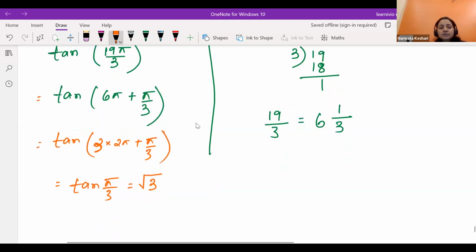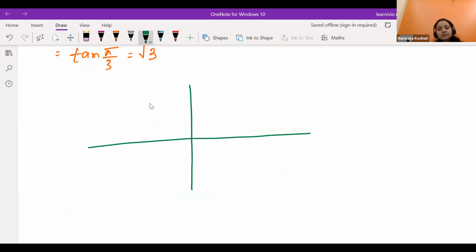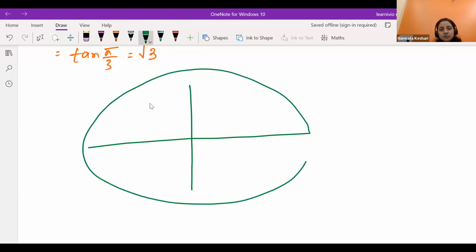If so far it is clear, then in the previous class we were discussing one more concept. In our unit circle, if we have taken the angle over here, the coordinate was cos x comma sin x, where this x is the angle in